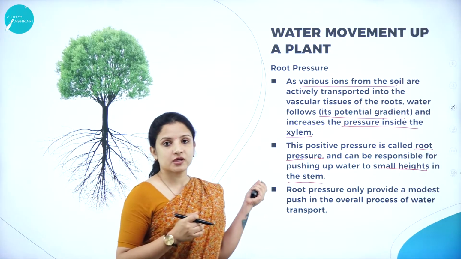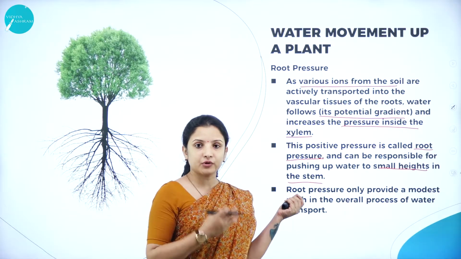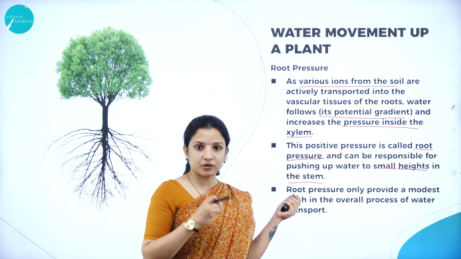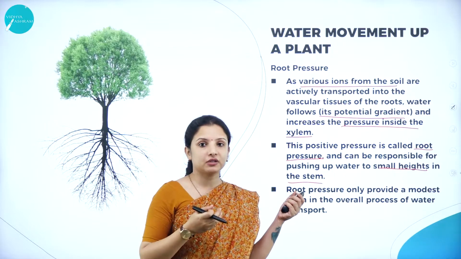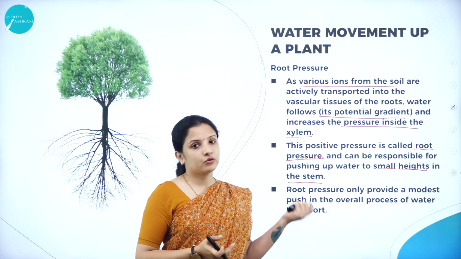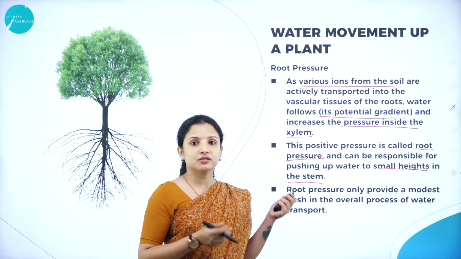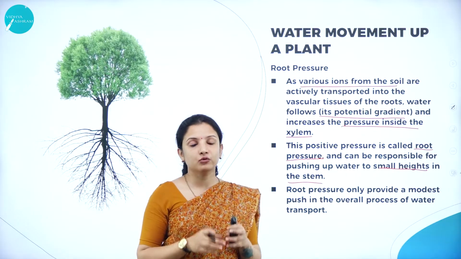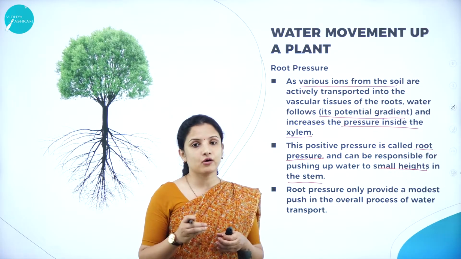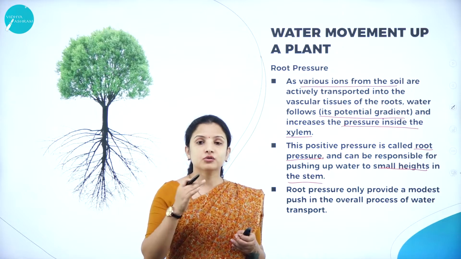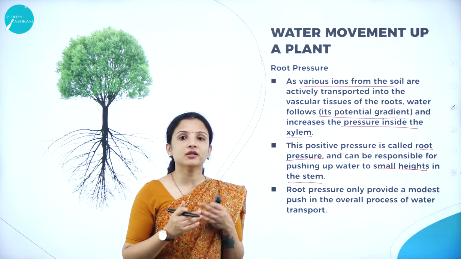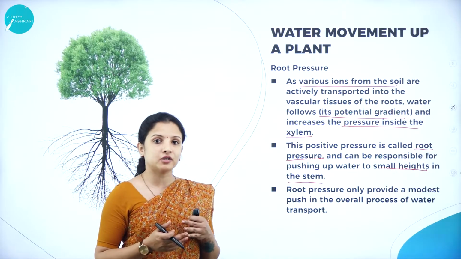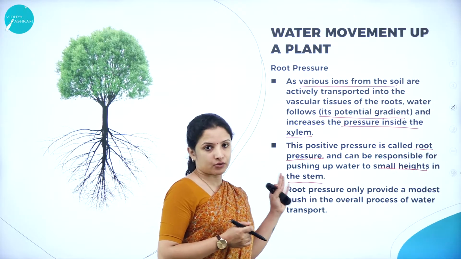So is the root pressure enough for the water or the ions to move from the root to the tip of the tree, which is very tall? No, it is not enough. The root pressure is sufficient only for the movement of water molecules or ions from the root to the tip of the plant, which is of a smaller height. That is, short distance traveling of water molecules or ions is favored by the root pressure.